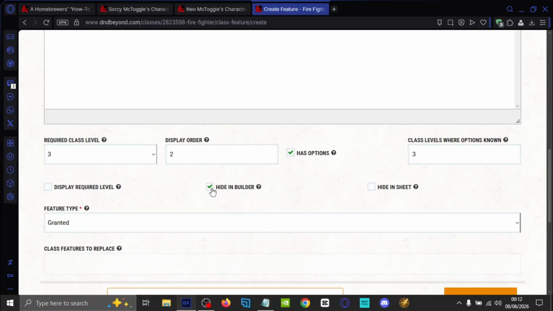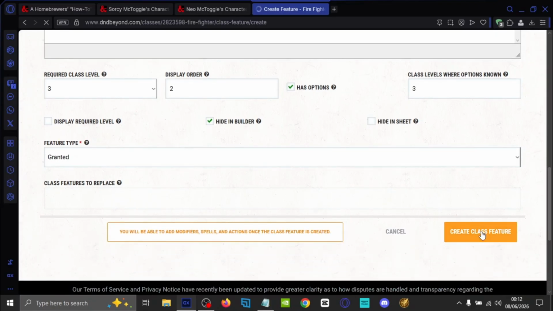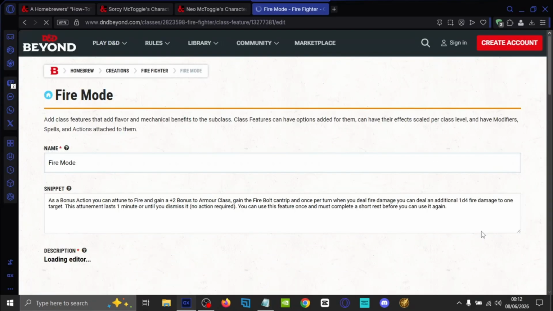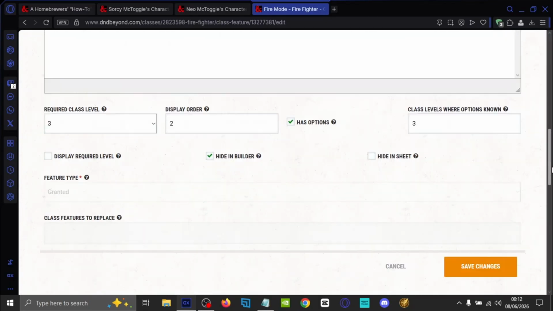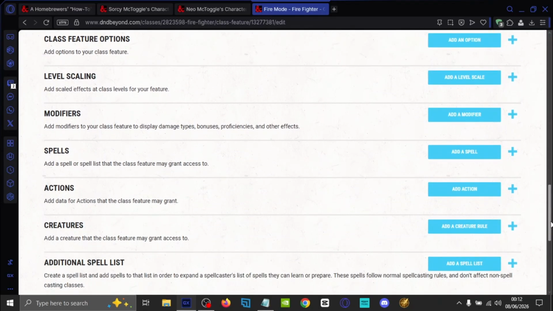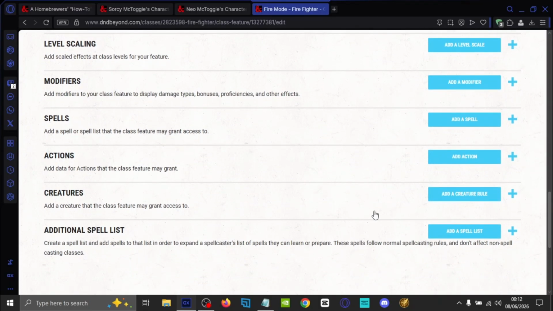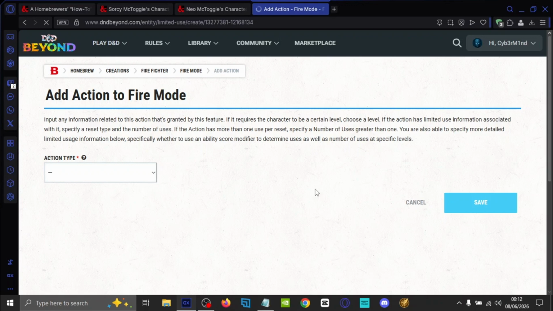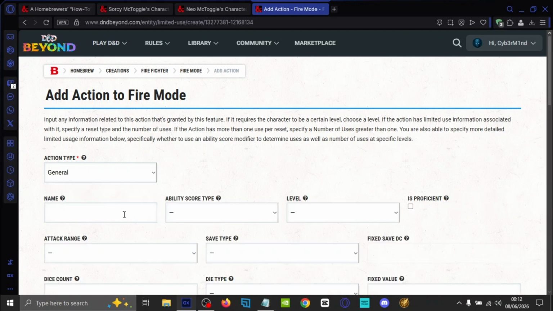In this case, we put in hide in builder, and then we create class feature. Then we are going to go down. In this case, we want this to be something that they activate as an action. So we want to put an action in here. General, name: activate